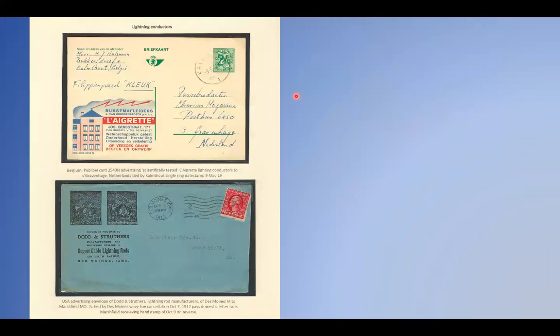Ultimately, science overcame religious dogma, and copper lightning conductors became integral to the construction of tall buildings. Businesses developed, as shown by this 1912 illustrated advertising cover from Des Moines for copper cable lightning rods, and this Publibel card from Belgium, 1919, advertising Legrette